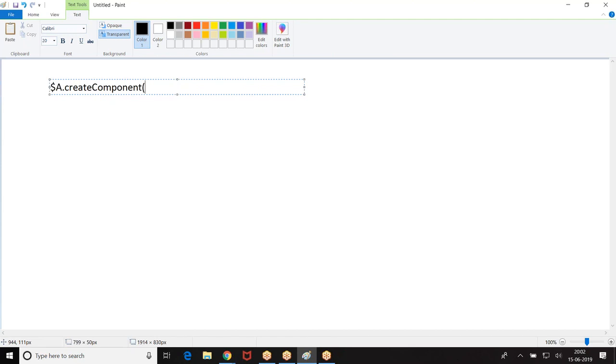When you want to create a component, there are three parameters: param 1, param 2, param 3. Param 1: which component you want to add? The type of component.